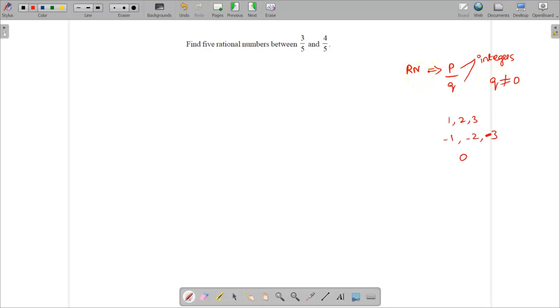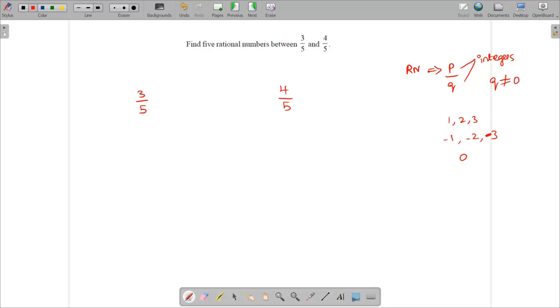They are asking us to find the rational numbers between 3/5 and 4/5. When we see the denominators, here also 5, here also 5, and in the numerator, after 3 itself it becomes 4. Then it will be difficult to find the values in between these two values. So what we need to do is multiply by some number in both numerator and denominator.